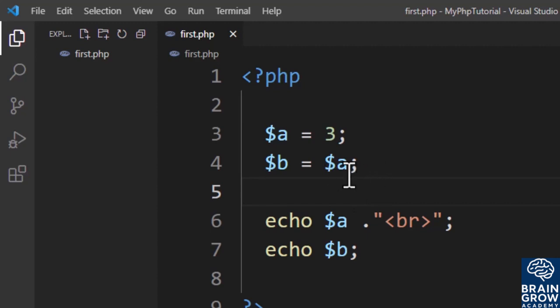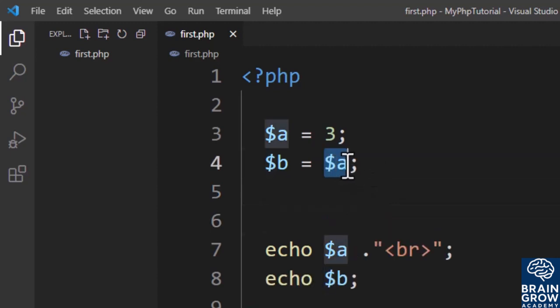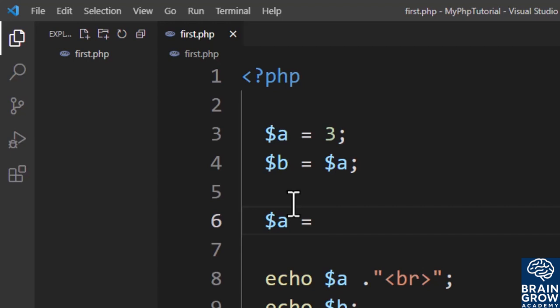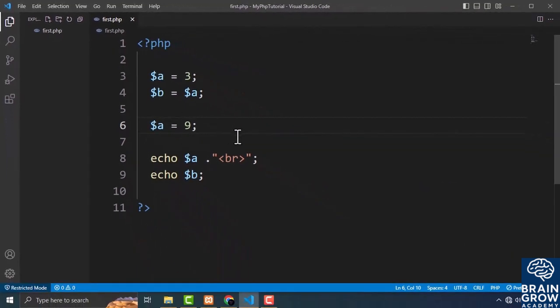Now this is what's called assigning by value. Here I'm assigning the value of a variable to this b variable, and if I make some changes to the a variable, like a equals 8 or 9, then you will see the value of a will be 9, and the value of b will be 3. The value of b will stay the same, because whenever you assign a variable like that, it will just create a copy of the original variable and not a reference to the original variable. So whenever you make changes to the original variable, that change will not be reflected in the second variable,